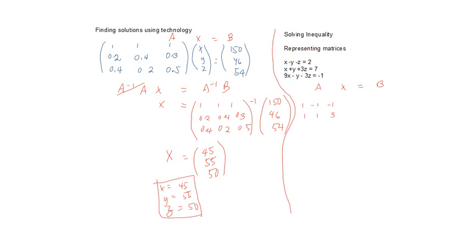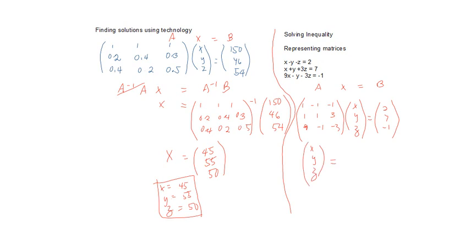Coefficient of 9x is 9. Of y is negative 1. Of z is negative 3. And then x are the variables used here, x, y, z. And then B are the constants, which are 2, 7, negative 1. And of course, you can find it with just the same procedure as what we had earlier. So you will have x, y, z